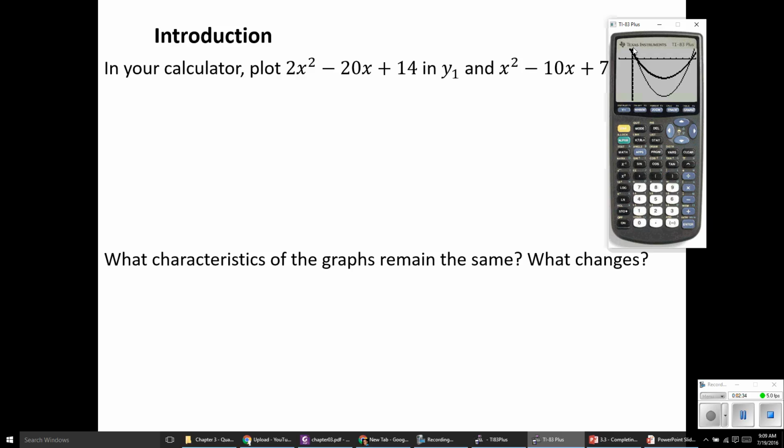The y-intercepts, where each graph crosses the y-axis, they're going to reflect that change as well. So what was the y-intercept for the second function, the darker graph, the other graph will be twice as high. Again, living up to that 2x squared. Then what stays the same? Well, those graphs both have zeros at the same exact spot. So they have the same solutions, even though they are two totally different graphs.